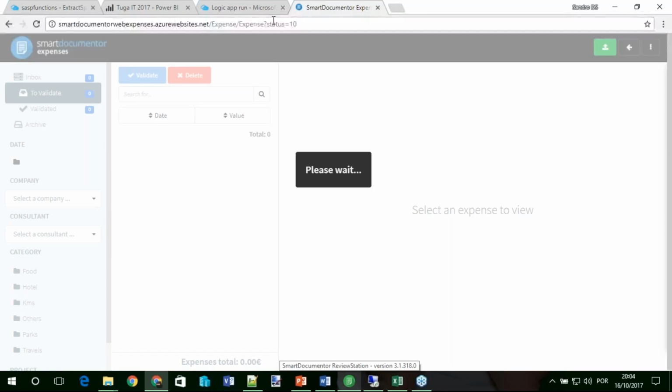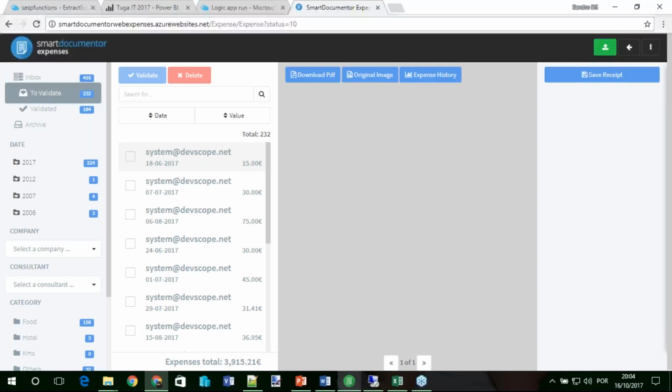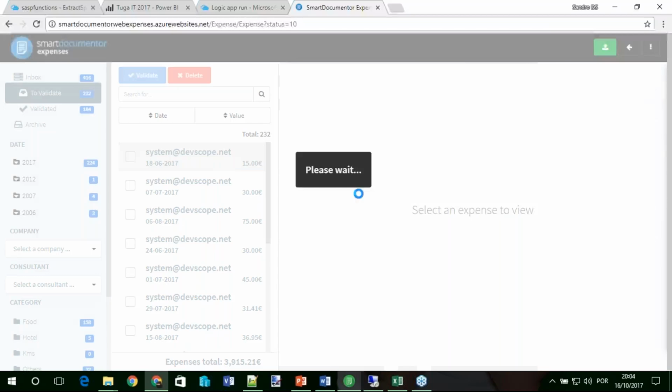So the first step is using my cell phone. I take a picture of my invoice, my receipt, and send it to a mailbox. In this case, it's system.devscope.net. I will not do that because I cannot show you me taking a picture with my cell phone, but it's true.